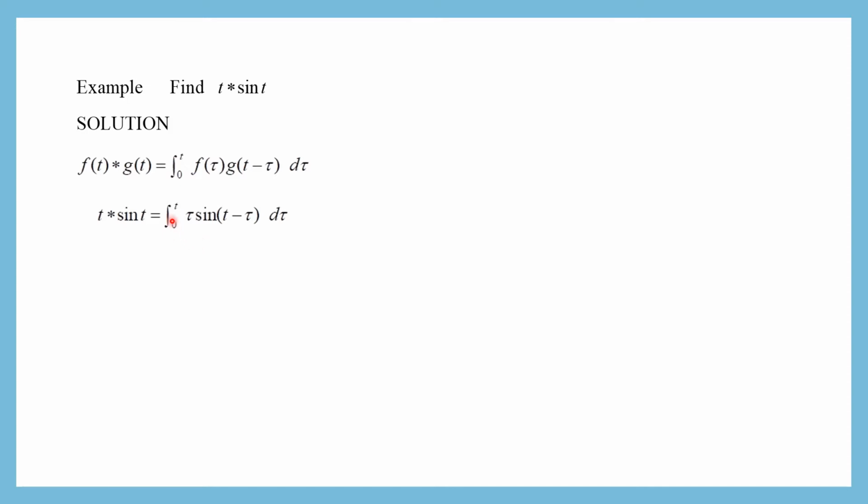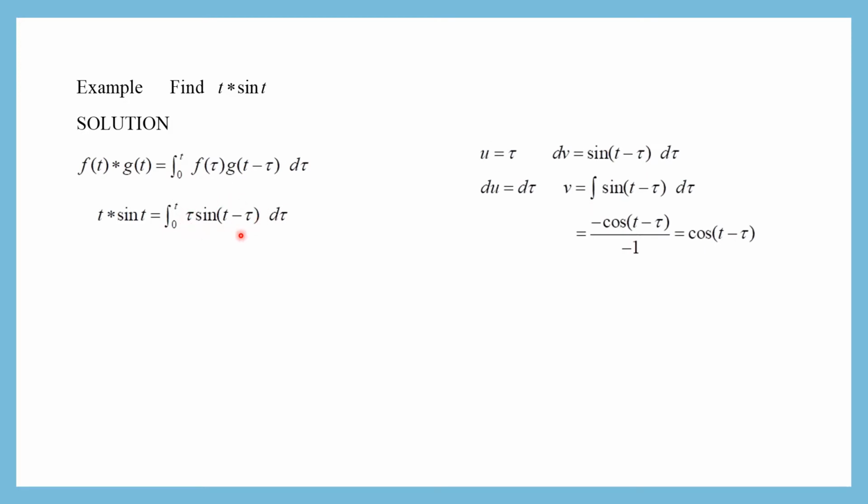So let us evaluate this integral. Remember, when we evaluate the integral with respect to tau, t is considered as a constant. So we're going to use integration by parts, where we let u equal to tau. This is the u and this should be the dv. So dv equals sine of t minus tau d tau. Now in order for us to use integration by parts, we need to evaluate du. So if u equals tau, du equals d tau,